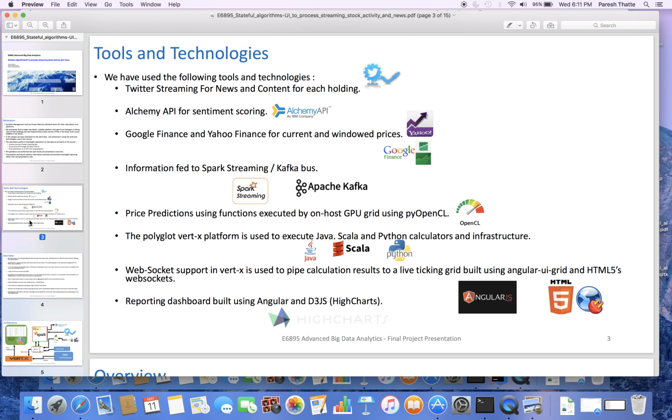All this information is fed onto Spark Streaming. Now, Spark Streaming actually has good adapters for Kafka Event Bus and also for Twitter streaming. The price predictions were actually calculated using PyOpenCL on the GPU grid, which is how we had done it in class. And the calculators were implemented in Scala for Spark Streaming and in Python for PyOpenCL, PyCUDA, and the actual